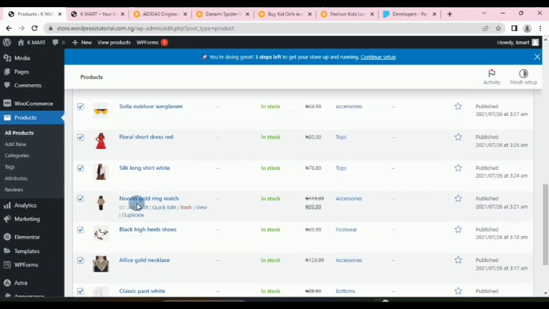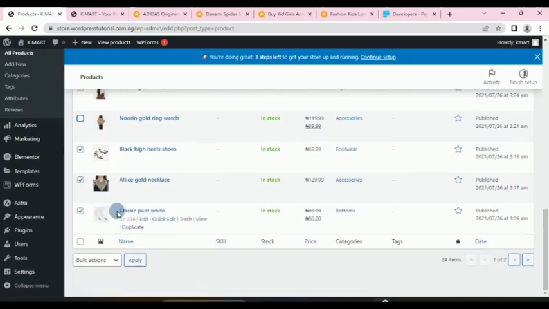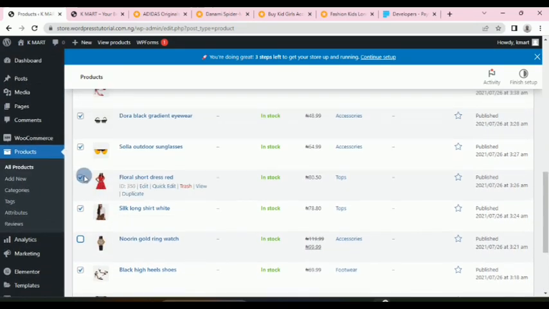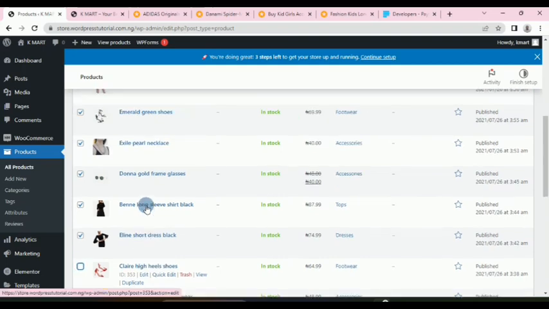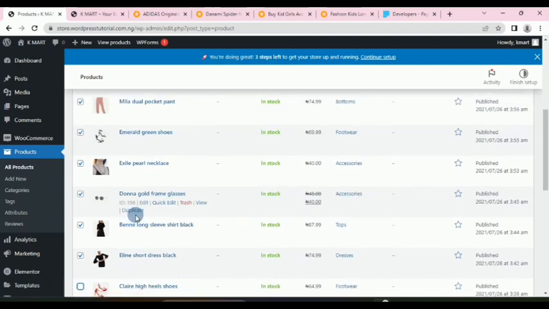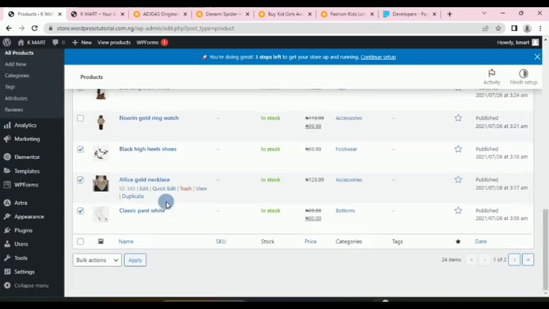Maybe this wristwatch, let me leave this wristwatch, because everyone uses a wristwatch, whether kids or not. Then all these sunglasses, I'm going to leave them. Then let's say these shoes too, we can leave them. So you just understand what I mean. You're supposed to delete all this because you don't have any of these products, but just for example,